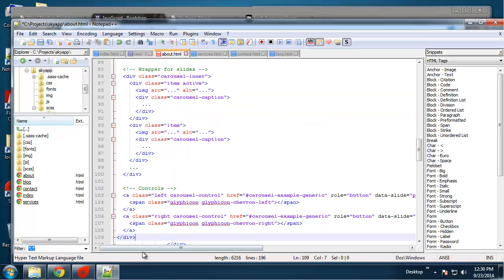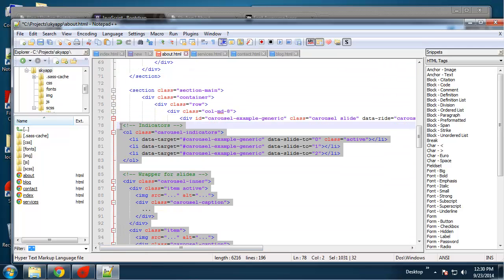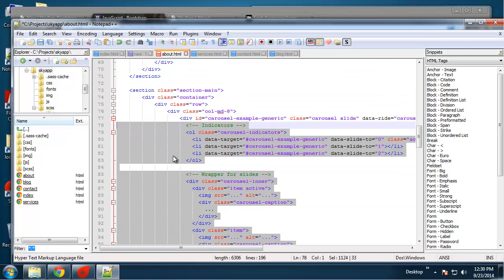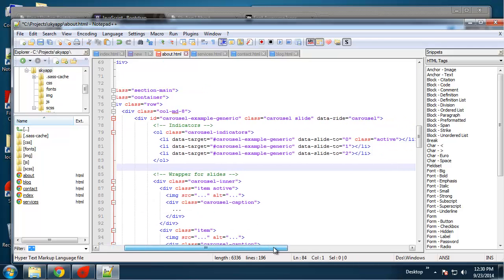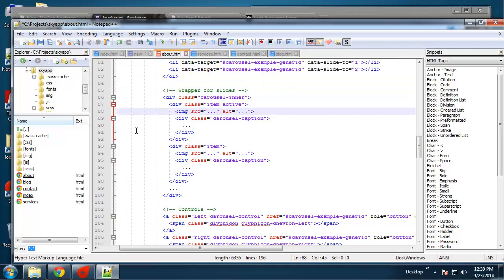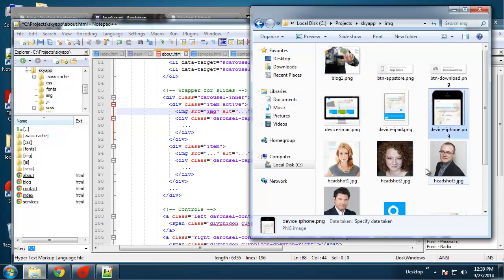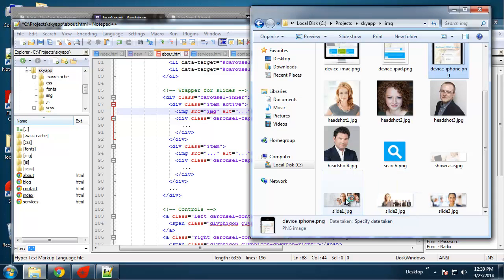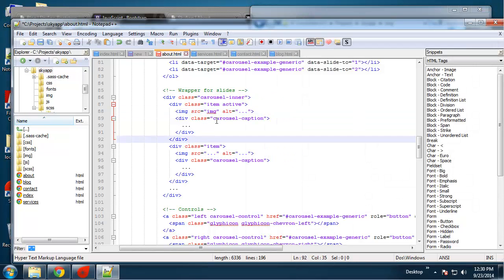Okay, I'm just going to paste all that in. Let me indent it. Alright, so basically what we need to add to this is our items. Okay, so we have the first item, we have an image with the source going to nothing. So right here we want to put our image name, and I forget what it is. What is it? Okay, so we have slide 1, slide 2, and slide 3. Okay, so this is going to be image slash slide 1,